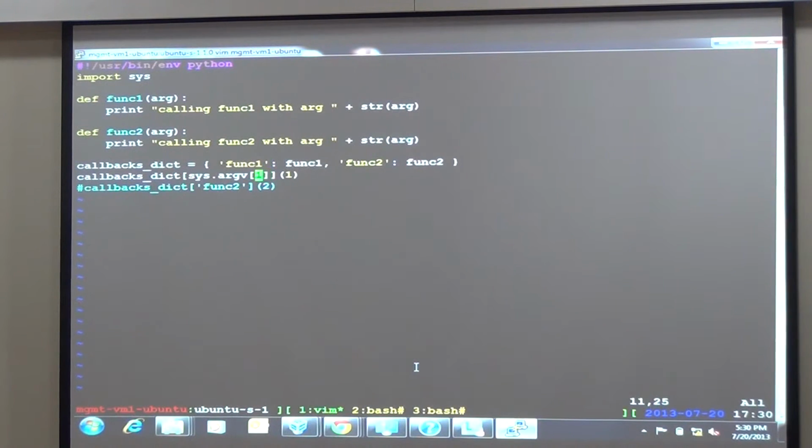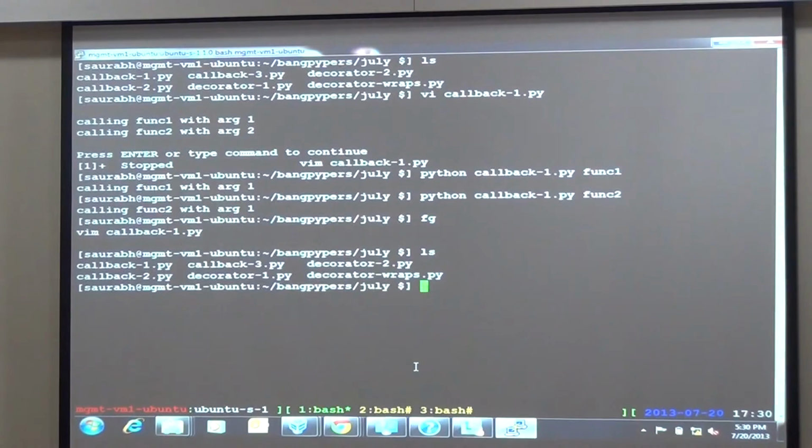So depending on the user input, you can choose the function to call. This is just a simple way of looking at callbacks, and this is the first part that we are going to work with.